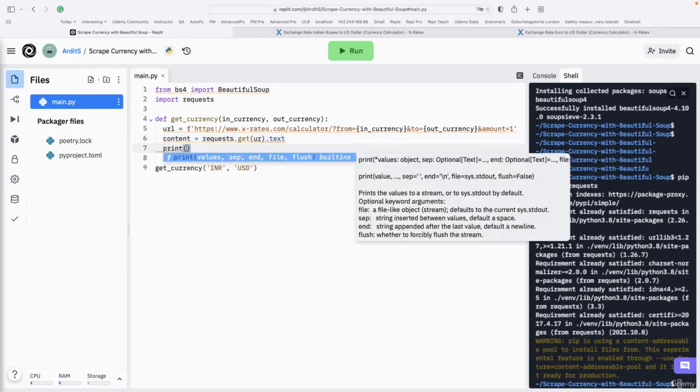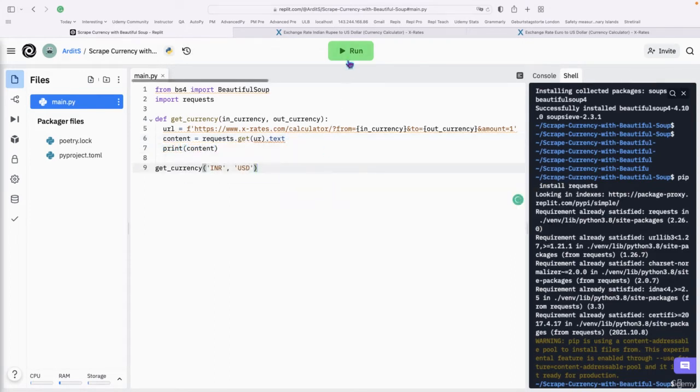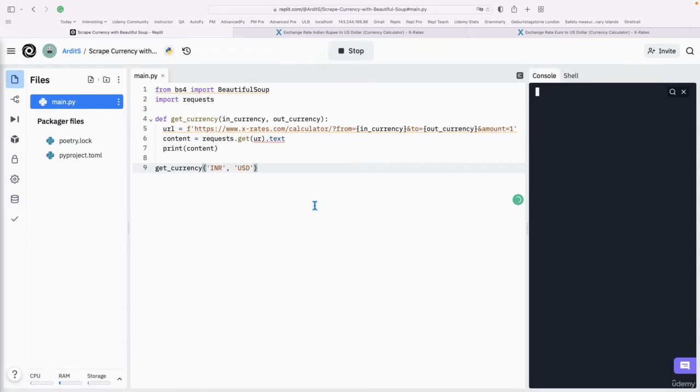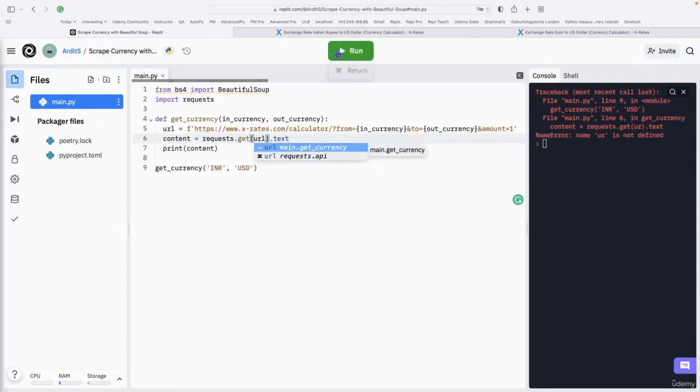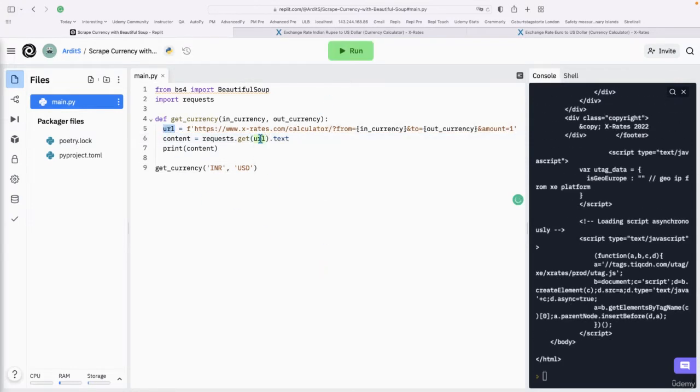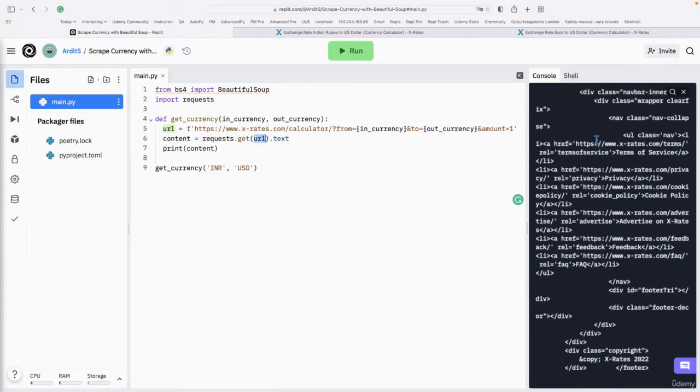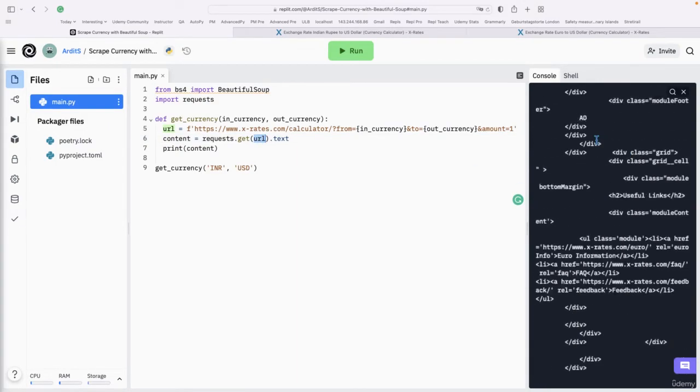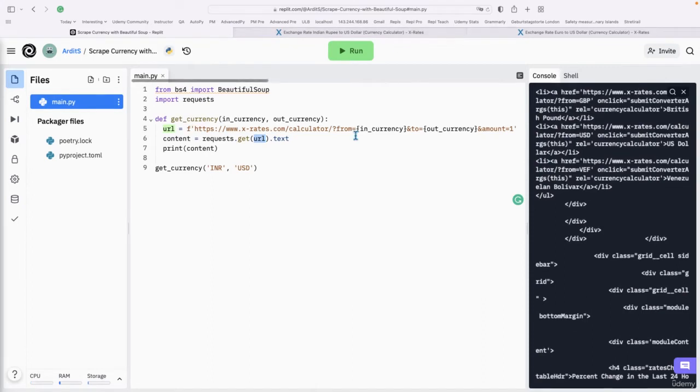And if you print out content and run the script, we have this name error. I've got a typo here, URL instead of UR. So that local variable. And that's the source code. That is the same source code that we saw here on the browser. Now,